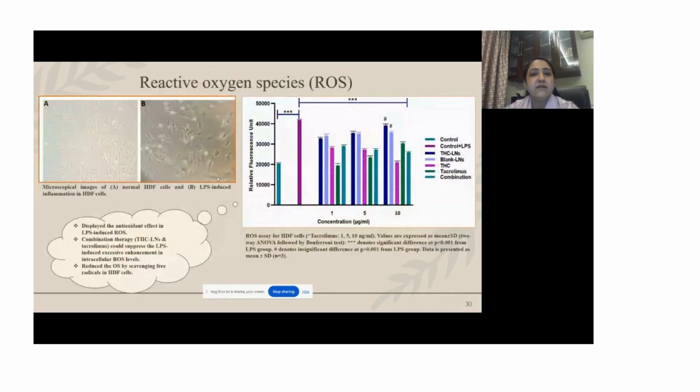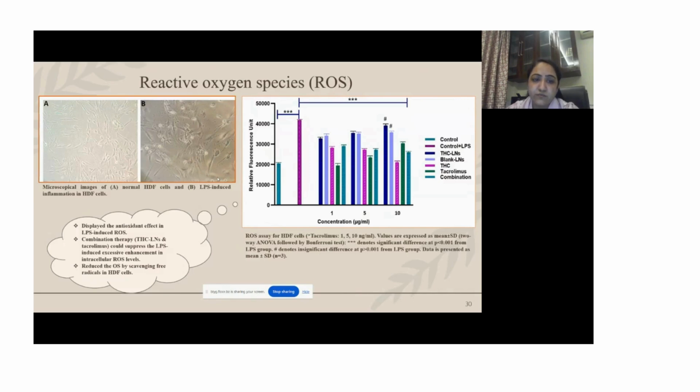So, next, I have done reactive oxygen species, that is ROS. It displayed the antioxidant effect in LPS induced ROS. LPS is lipopolysaccharide, which is the component of gram negative bacteria, and it releases the cytokines in the various cells. So I have used LPS for